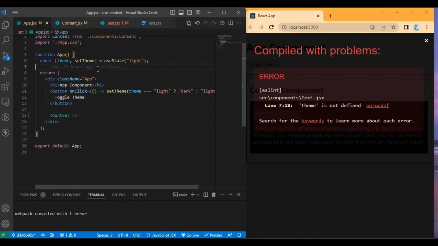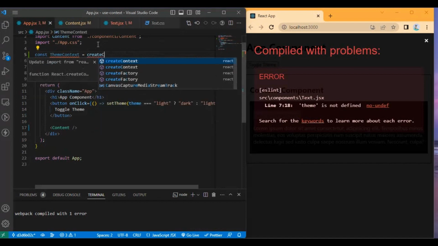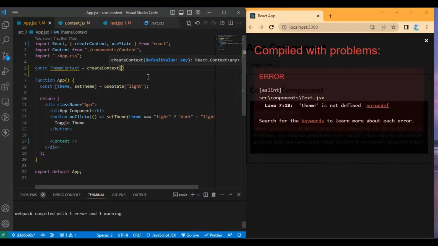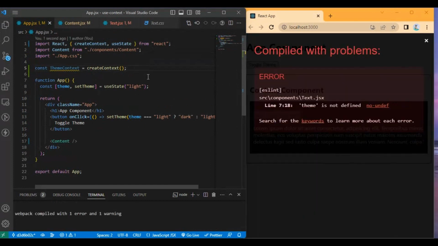From my app component, I would like to create a theme context via the create context function. This function comes from the React library. And I want to export it so that I can use it in the rest of my application.